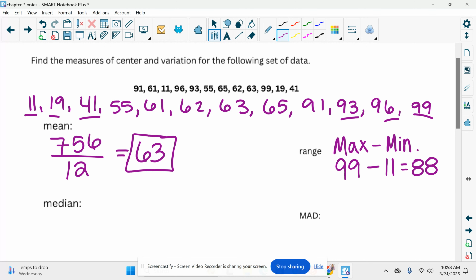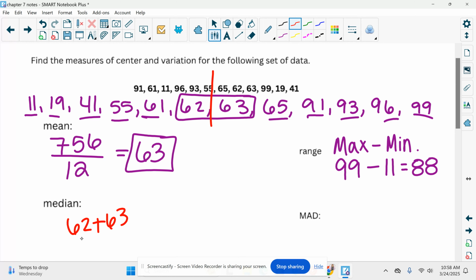Back and forth. Now I have an even amount of numbers, and every time I have an even amount of numbers, I end up with two numbers in the middle. What do I have to do with those two numbers in the middle, Parker? I have to find the average of the two numbers. So I have to do 62 plus 63 divided by 2, and I get